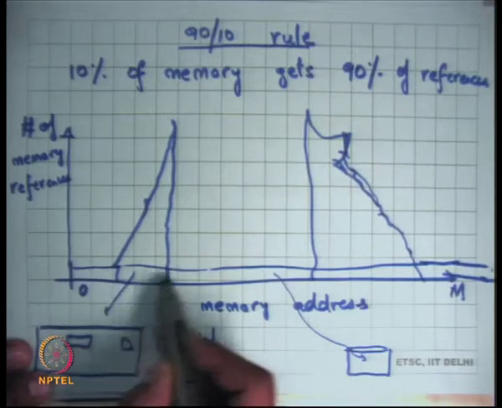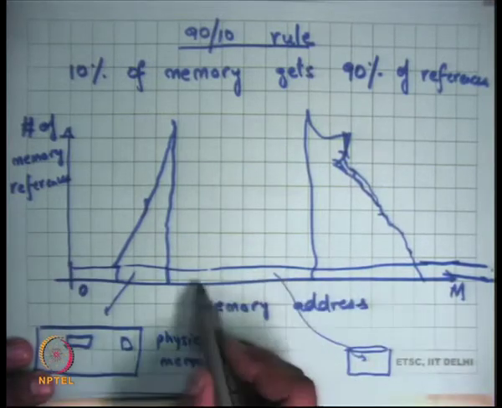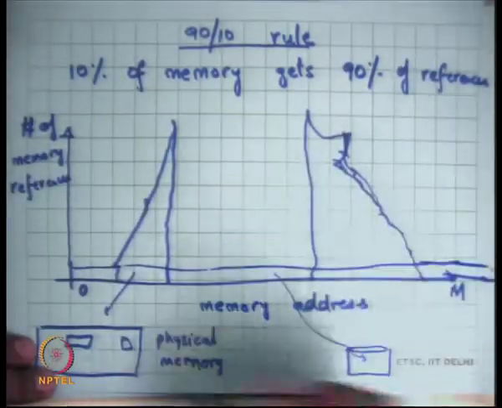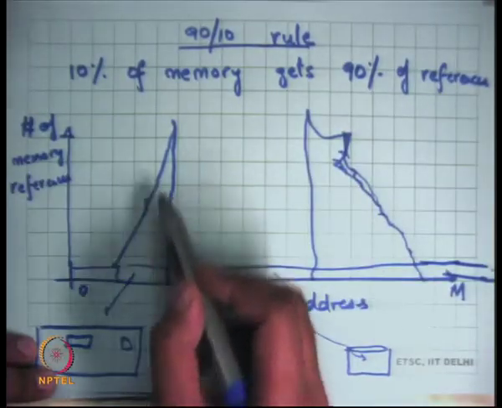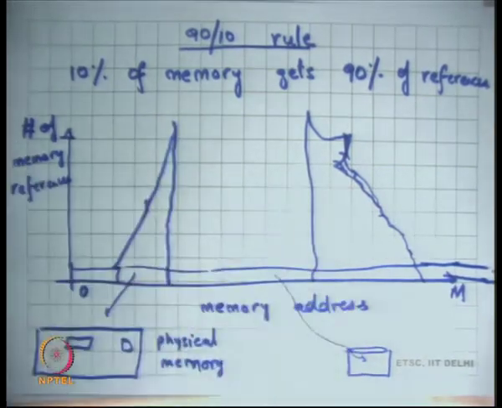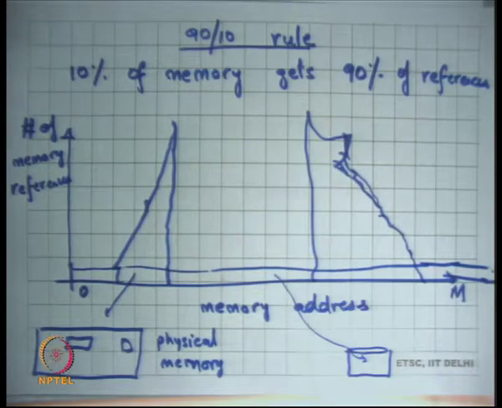Then you have some small thing here which is saying that these memory accesses were accessed sometime, once or twice or thrice or 10 times or whatever, but there's some memory accesses which have a huge number of accesses, right? What are these memory addresses likely to be? Let's say the code pointer, right?